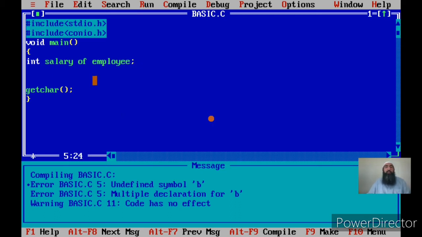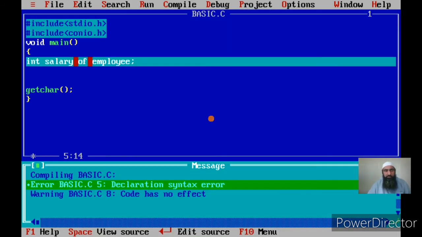I have given the name salary of employee to some memory location that the compiler will give me, and I am binding this name to that location. Now, can I give spaces? If you see, as per syntax, first I have given the data type, then I have given a variable name, then I have given the terminator. Will this name be allowed by the compiler? Let us compile and see.